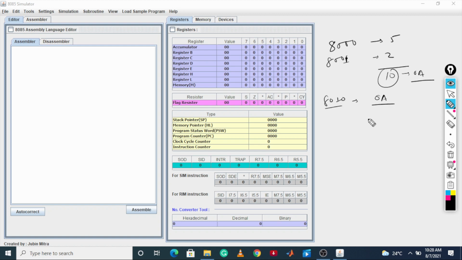Now this result I am going to store at 8010. If you see the process we are going to take, either we can add 2 five times, which gives 10, or we can add 5 two times, which also gives 10. Here the loop will be shorter and take less time, there it will take higher time.